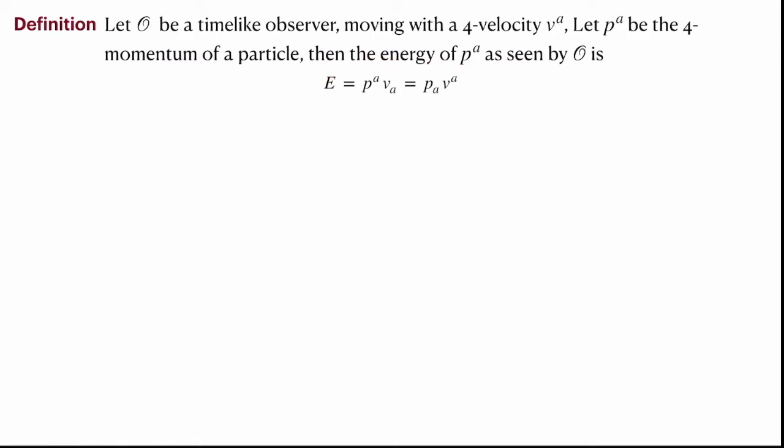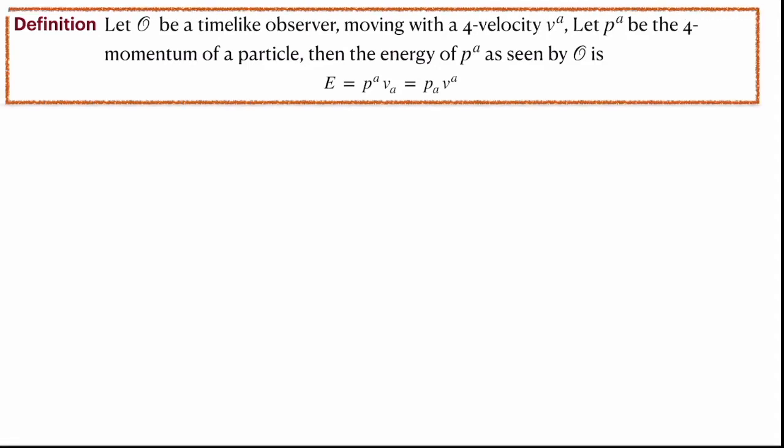So it clearly states that given a 4 momentum and given a time-like observer, you have an energy of the 4 momentum observed by the observer moving with 4 velocity V^a. So it depends on both the observer as well as the 4 momentum which you are observing. So it's a very important definition. We will be using this throughout the course, and it is completely covariant. It comes as a scalar. We could easily transform it from one frame to another frame.